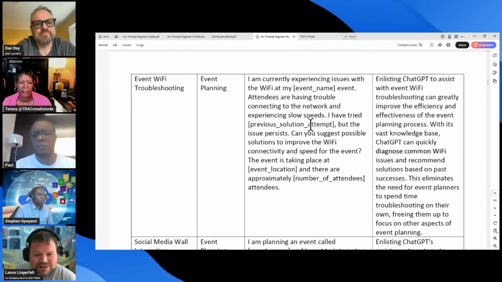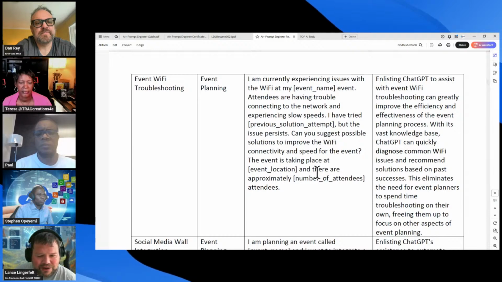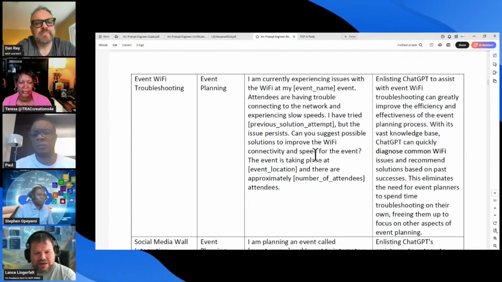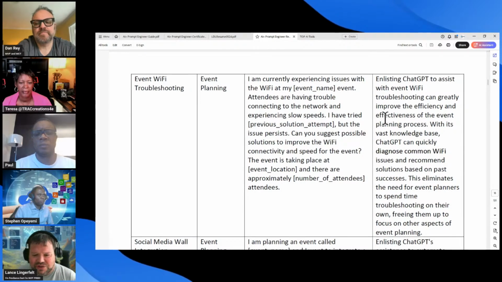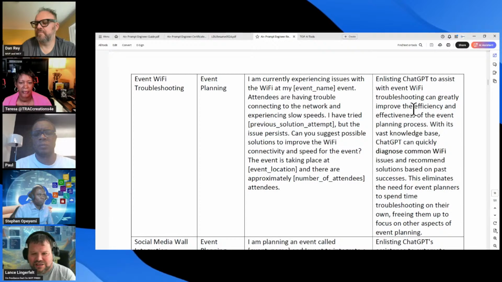I've tried previous solutions, but this issue persists. What are the available solutions? And then it takes into account the meeting location and the number of attendees, and gives it. So you're giving examples. You're giving data to it, and it's going to give you a crafted answer. These aren't the answers, but this tells you what ChatGPT will do, how to enhance the AI to make it